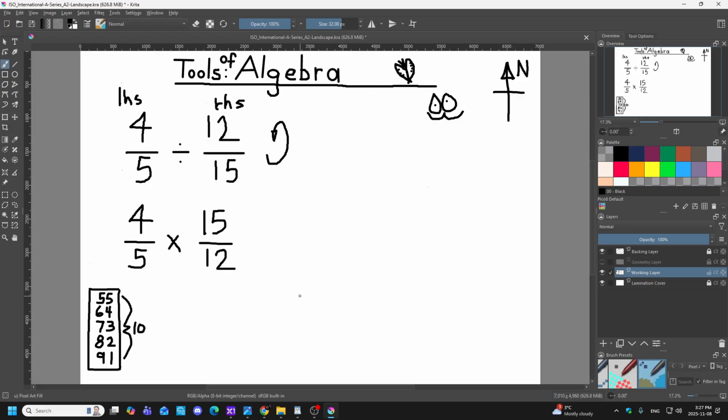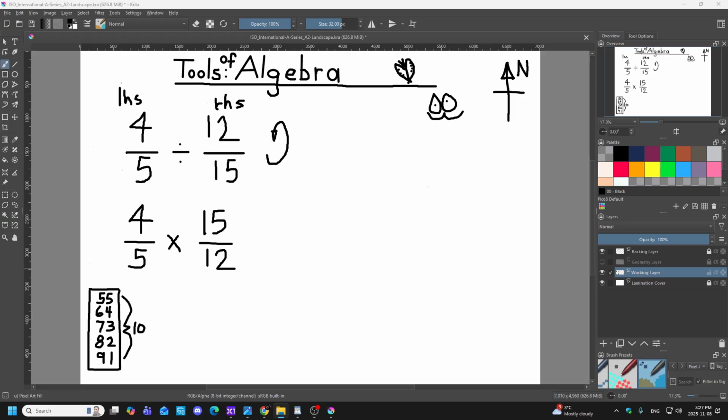Now I can show you the long work here. If we look at, these are our even numbers. We know 4 divides nicely into 12. We also know that 5 divides nicely into 15. As usual,